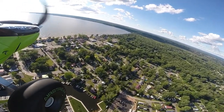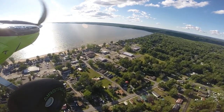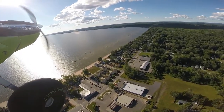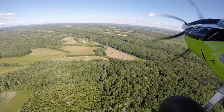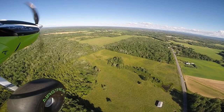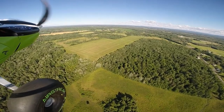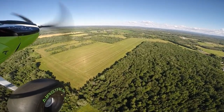But anyway, the sun was shimmering off of the lake tonight. A little bit of waves rolling in, but actually up 1,000 feet or so, it really wasn't too bad a ride. Just headed back home, right straight out across the buckbrush, across the canal, and got a lot of farmland here in the town of Verona, but there's still a lot of area that remains wooded, and the farmers have got, you can see right here, they got the first